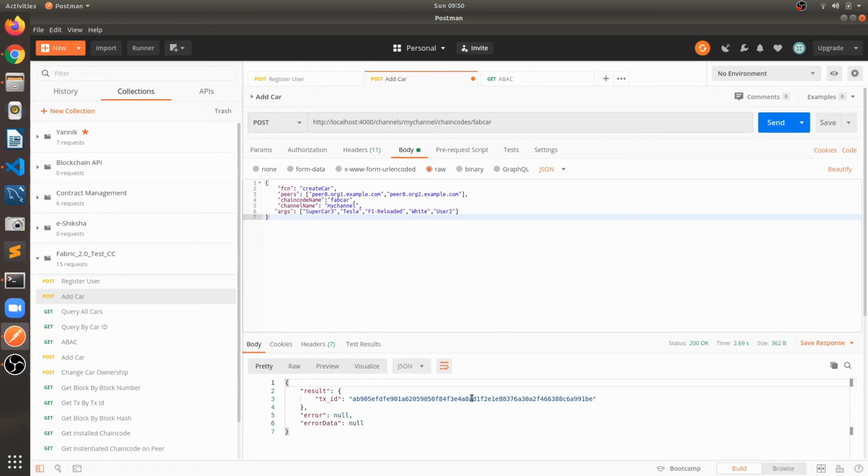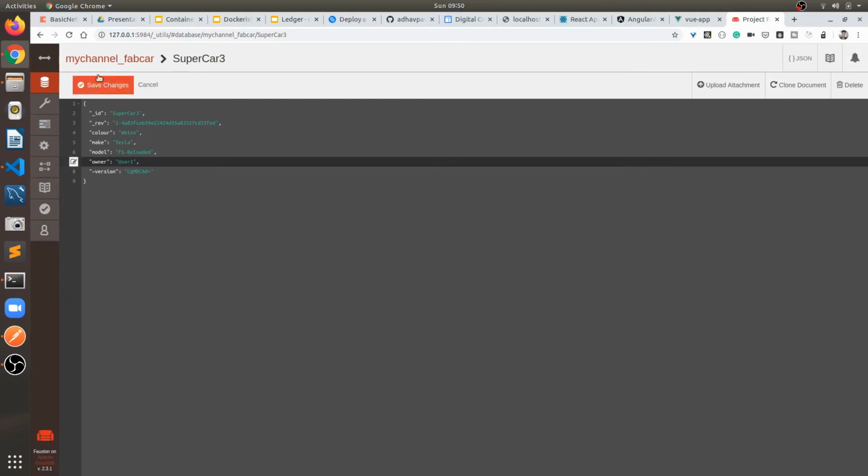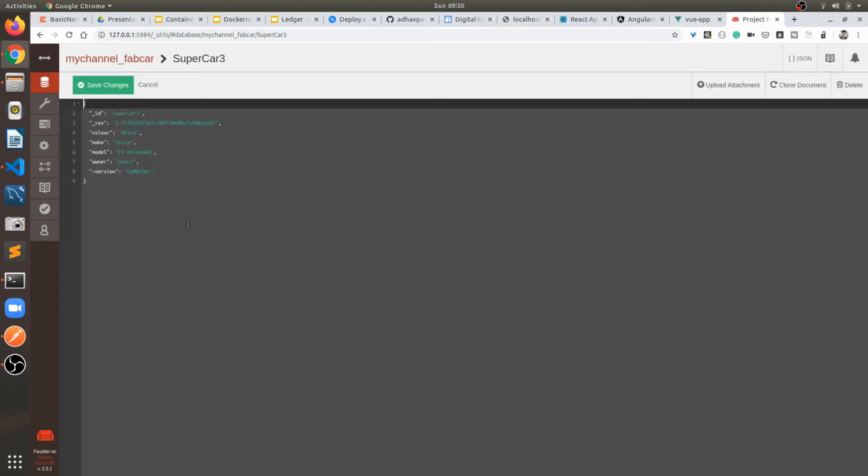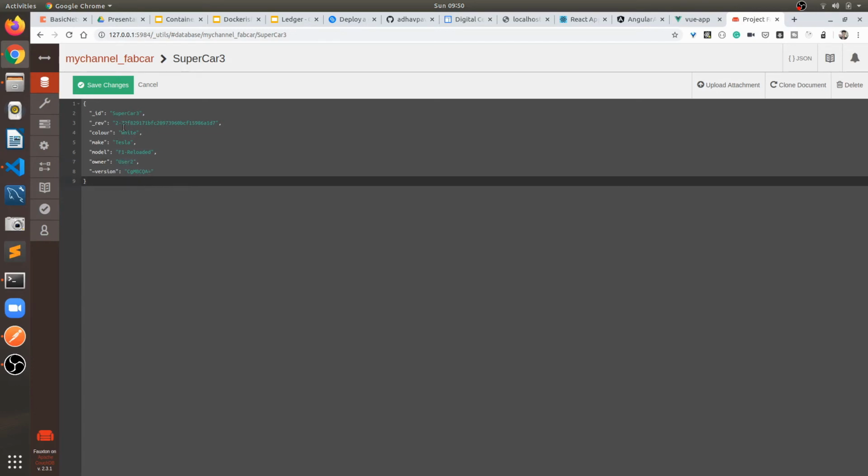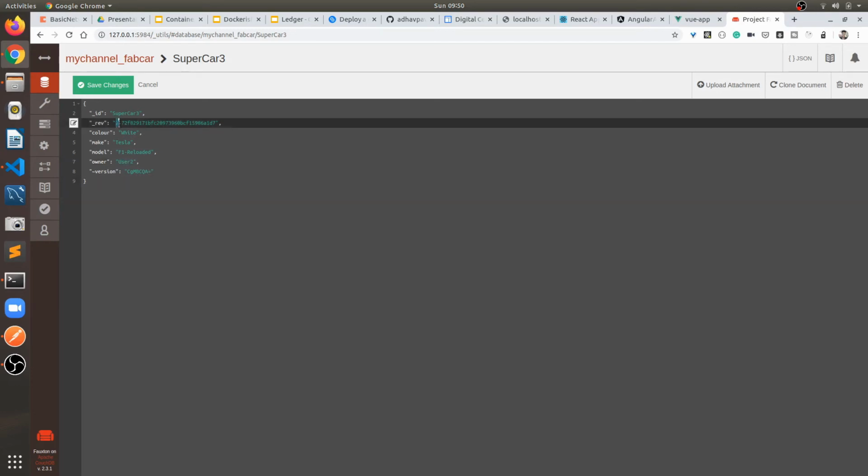Yeah, we got a transaction ID. So now the owner is changed. Now we can see the CouchDB. Just refresh it. Yeah, here you can see the new owner is user2. This data gets reflected immediately, and the revision, you can see here, the version has changed to 2.